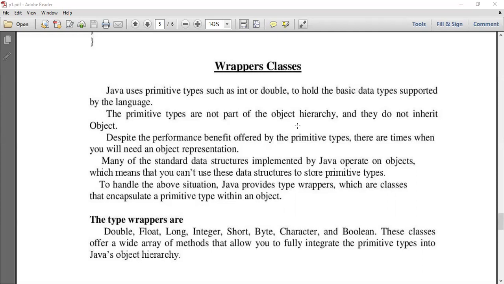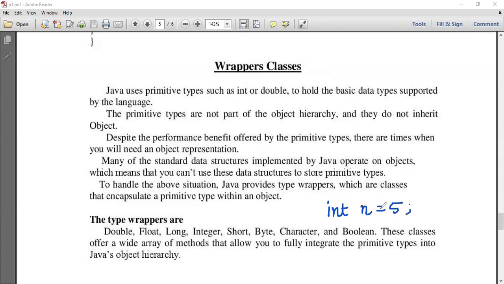So wrapper classes are nothing but the wrapping up of the primitive data types in an object. Suppose we have a primitive integer value, let us call it n is equal to 5. So it is a primitive type.